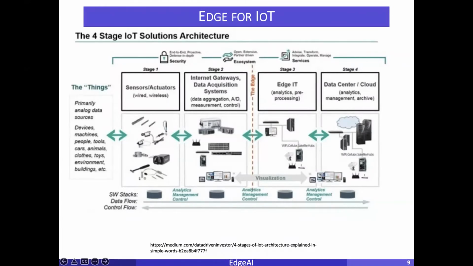So if the car wants to make a decision whether to take right or left, and if it wants to wait for the cloud, it would have been a disaster, right? On a road, it would result in a traffic jam, right? So the self-driving car. That is the reason people are building and giving the intelligence back to the devices, where you aggregate it, you do a lot of things for yourself, and then give it to the cloud.